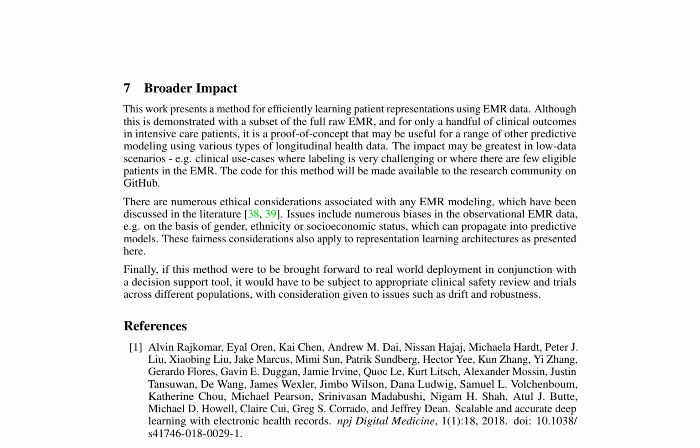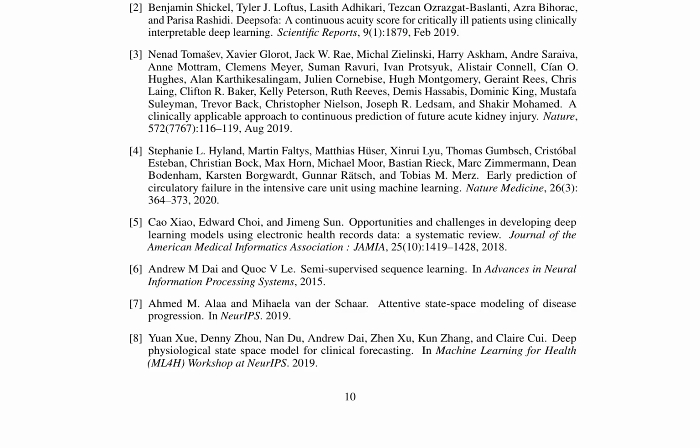The paper also discusses the importance of semi-supervised sequence learning, attentive state space modeling of disease progression, and deep physiological state space models for clinical forecasting. These concepts are crucial for understanding the complexities of patient health data and predicting outcomes accurately. The research highlights the potential of deep learning models in improving healthcare outcomes, especially in intensive care units. It emphasizes the need for further development and validation of such models to ensure their safety and efficacy before deployment